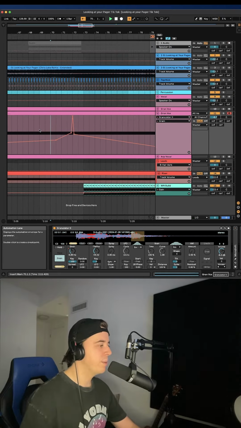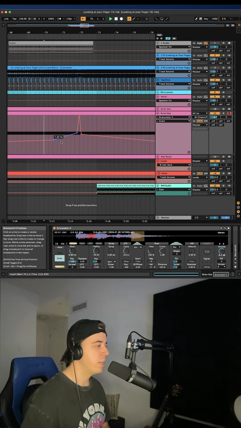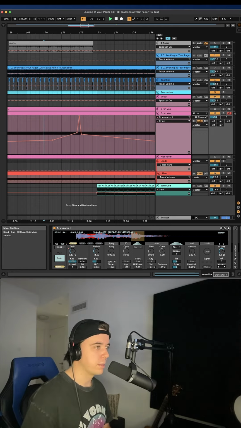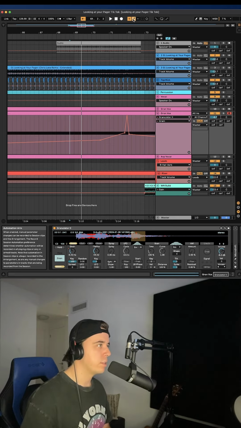But the one thing that I noticed is that when I drew in the automation for the grain, it didn't sound quite as glitchy. So what I'm going to do instead is manually draw in the grain automation as it's recording. So it's going to be something like this. I'm going to make sure the MIDI track is armed. I want to make sure this MIDI overdub option is on in this automation arm too. And then when I record,